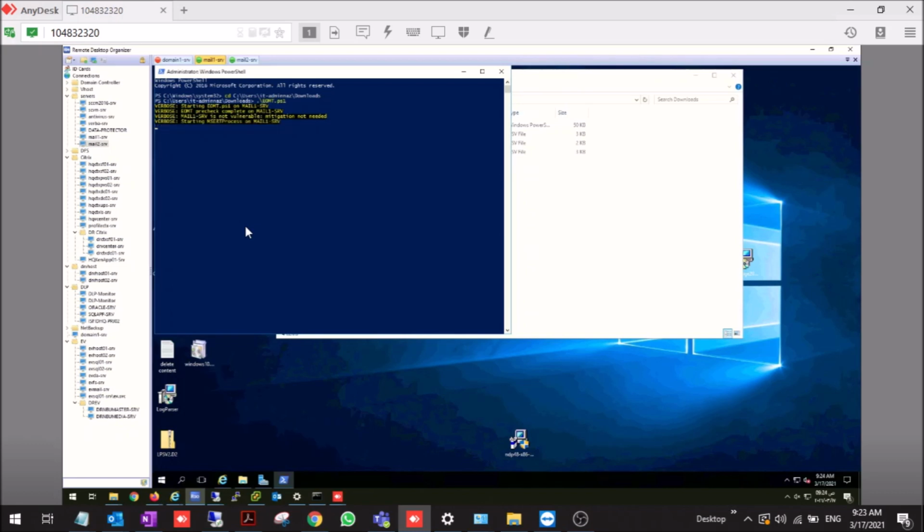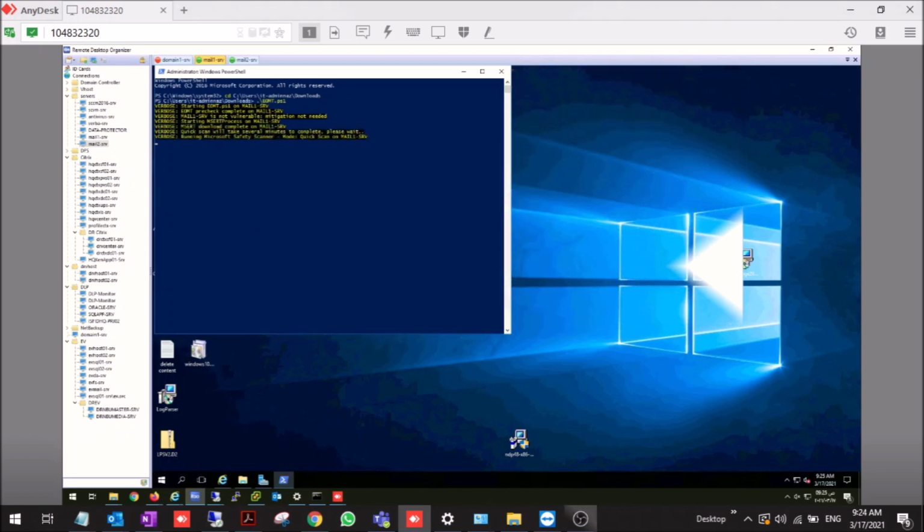Now we can see that it started downloading the MSERT tool, and it will continue after it's downloaded. Running the Microsoft Safety Scanner, the MSERT tool, in quick scan mode. And now, if the quick scan mode found